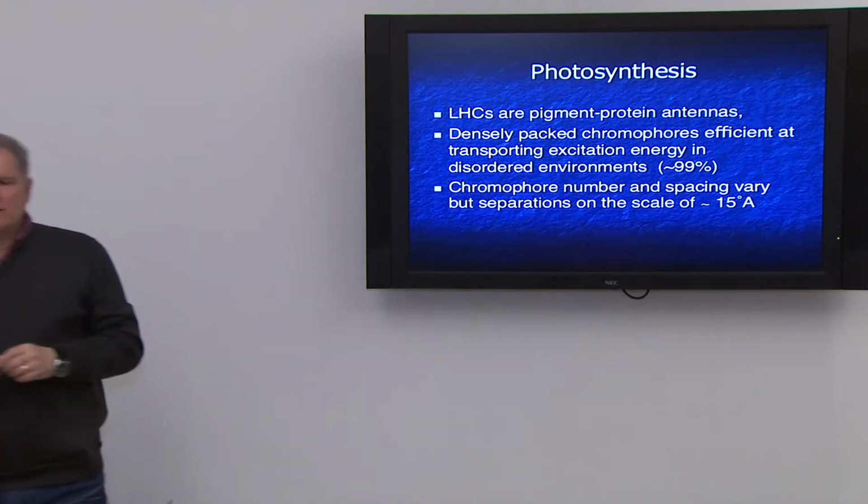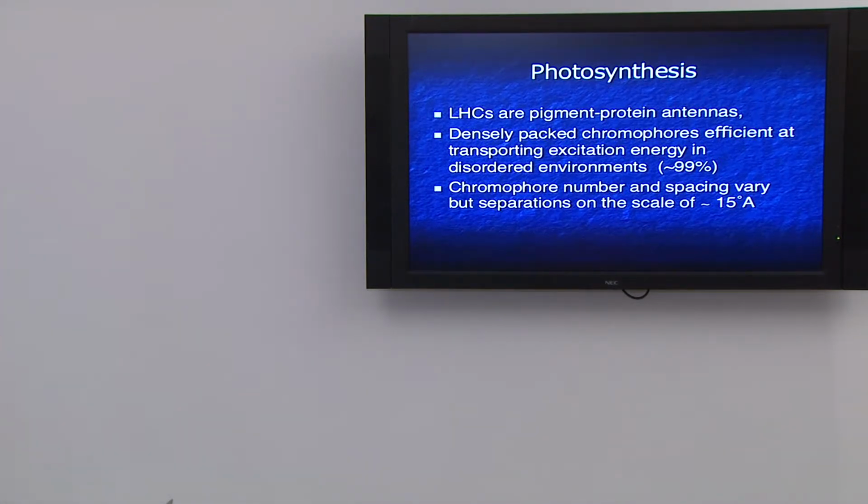these are molecular structures with separations between units on the order of 15 angstroms. That's important because 15 angstrom is more or less the limit for quantum tunneling. If it's more than 15, it's called the first order distance, 15 to 20 angstroms. Beyond that, you cannot do this quantum tunneling. And